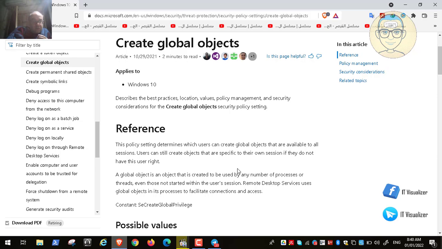So I think it's something like the access token. Users can still create objects that are specific to their own session if they do not have this user right. Anyway, I think the global object is related to the access rights.